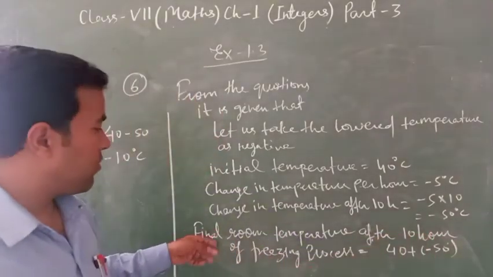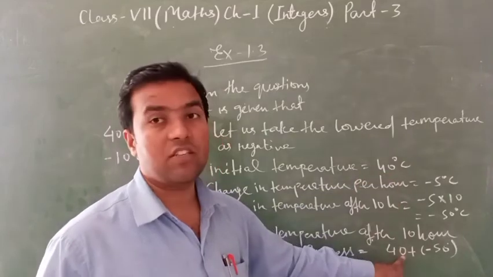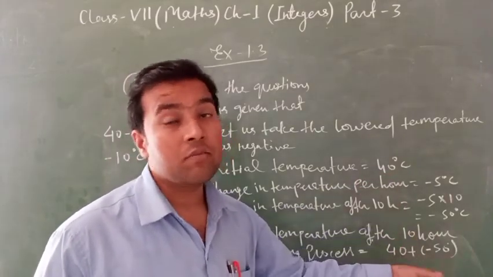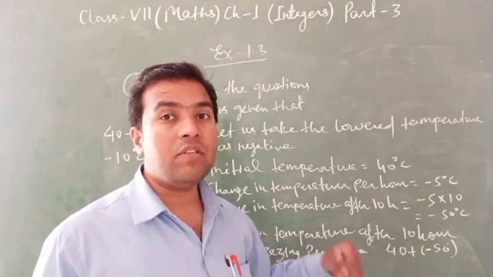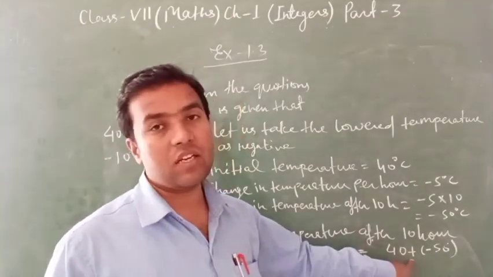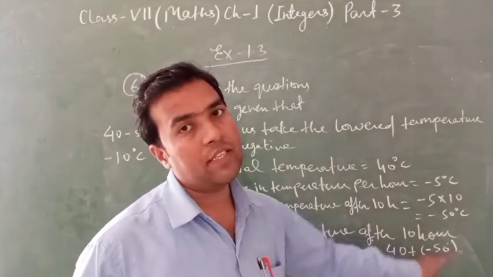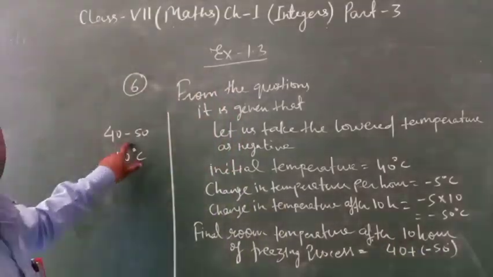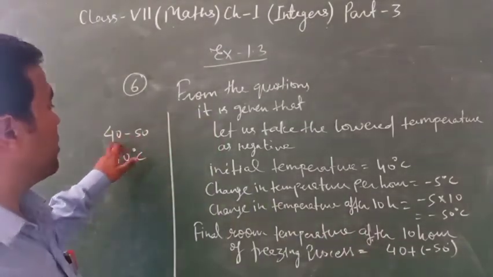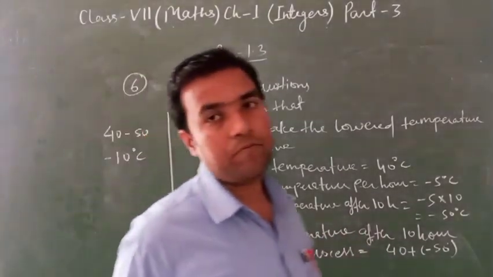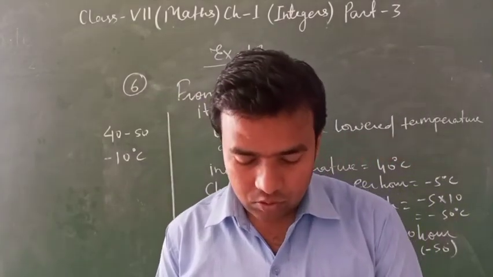Clear? Final room temperature after 10 hours. So initial is 40 degrees Celsius, and after 10 hours how much? Minus 50 degrees Celsius. Clear? So 40 and after means the sign is plus, that's why we have taken the plus sign here. Clear? So 40 plus minus 50. So 40 minus 50 is minus 10. Clear? So, and next question